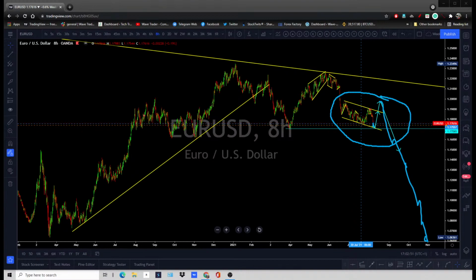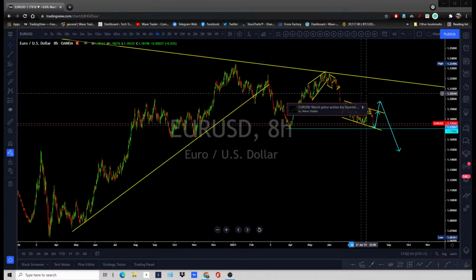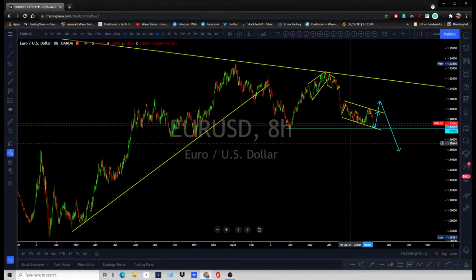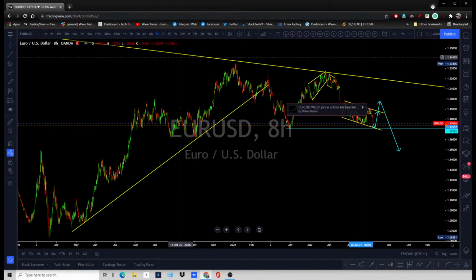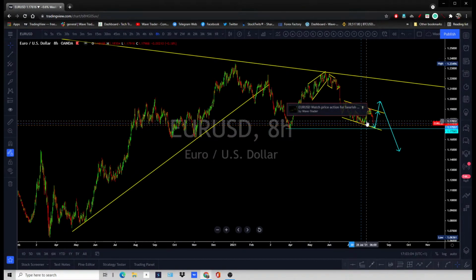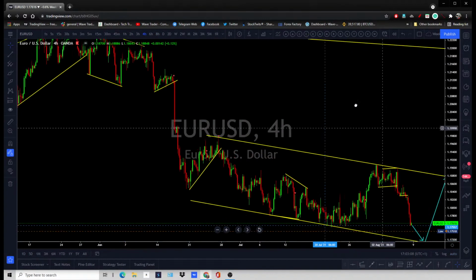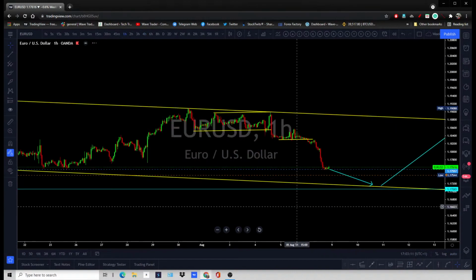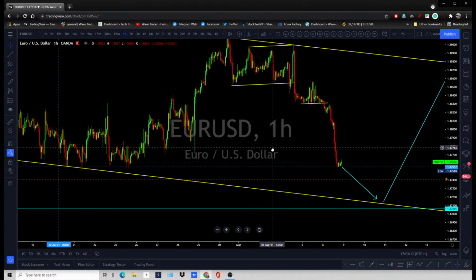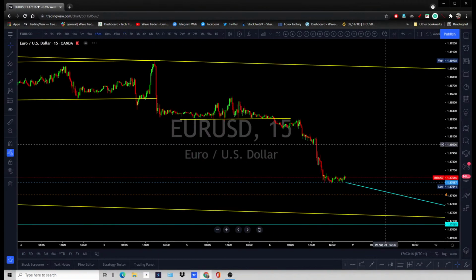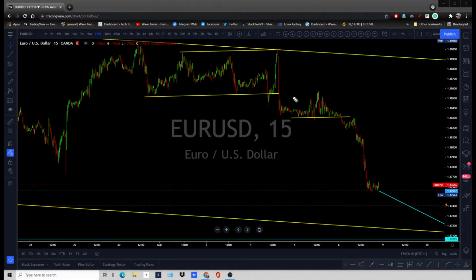As I said, as long as the Fed is not actually triggering the tapering, we can see a sideways market on the euro dollar and dollar index. So any push up is going to be a short opportunity on the deeper pullback on the euro dollar for longer term. If I look at the lower time frame, the move is almost already gone. We got a flag over there, similar to the dollar index, which broke out, another couple of tiny corrections, broken, and the next one is just appearing over there.